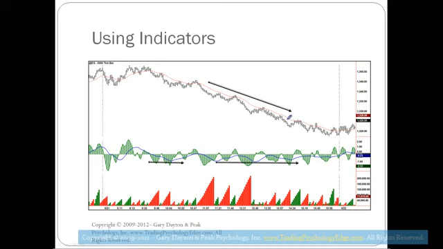You'll see something start to pull up in these indicators. Either the EMA will pull up or the 16 average will pull up. And when you see this EMA just grinding down,